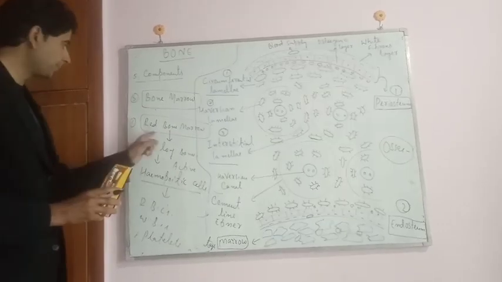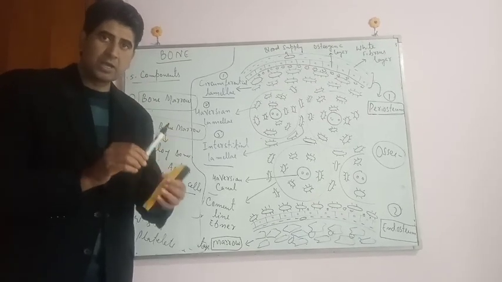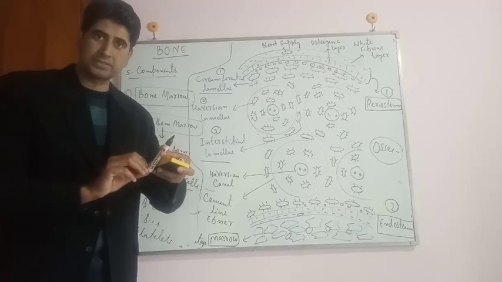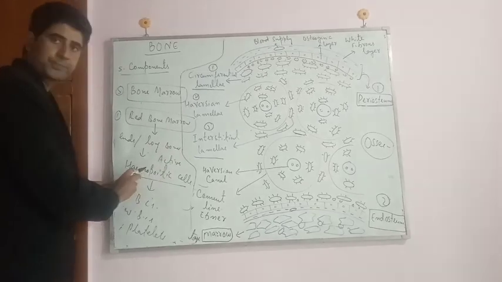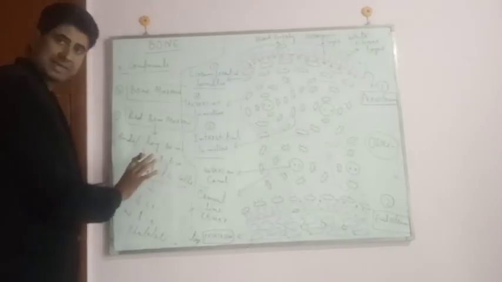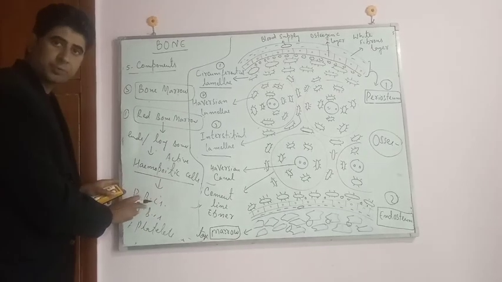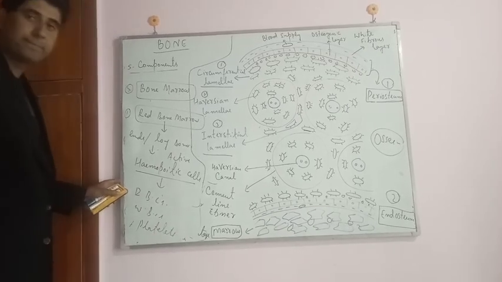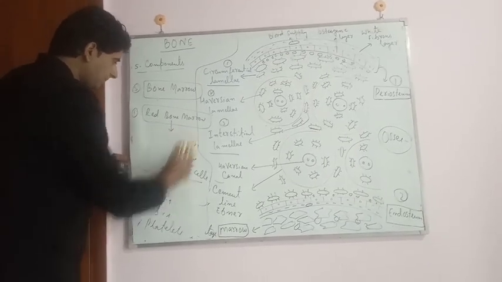That means the red bone marrow occurs at the terminal ends of the long bones, the epiphysis, and it contains the active hemopoietic cells which form the blood cells, just like the RBCs, WBCs as well as the platelets. Now the last one, the second type of bone marrow, that is the